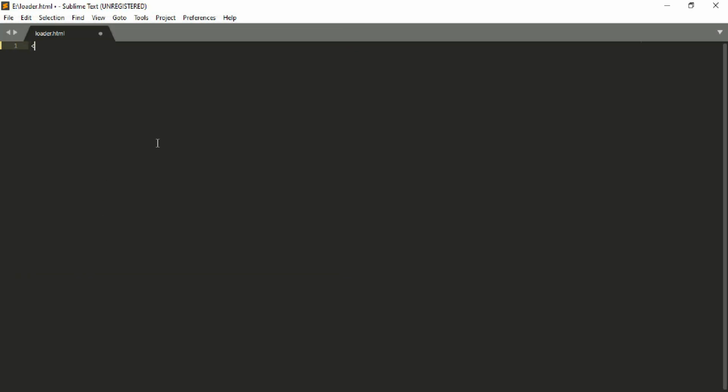Okay guys, here I'm starting the HTML tag and I'm giving it the title loader, okay, and here I'm starting a div tag with a class attribute, and its value will be loader. And here I'll add a heading, heading 2, and I would like to say here